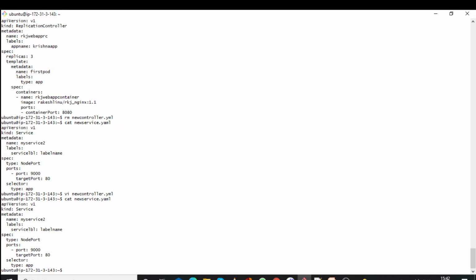Okay, and you can see the service name is my-service-2, and if you see type NodePort, then port we have taken 9000, target port will be 80, and selector. Guys, selector here, this is the important part. Selector type is app.